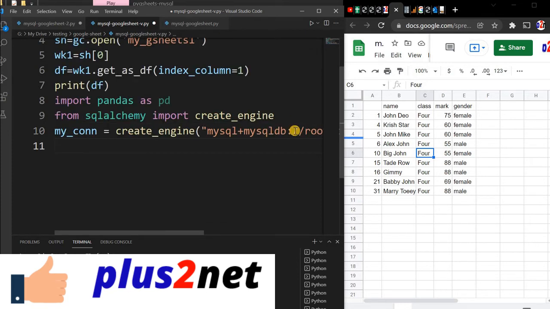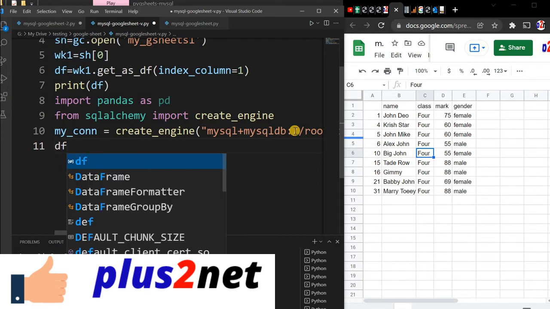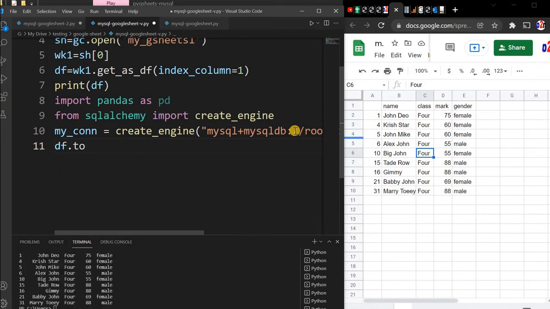Okay. So now this connection I will use and use df.to_sql. to_sql will transfer the data frame to the database and it will execute the query. And the df we have created, we have checked it also, line number 7 we have printed it. So to_sql is a method which will transfer the data frame to the SQL table. For that purpose we already have a full detailed tutorial. So I am telling connection equal to my connection. We have already declared it at line number 10 above.